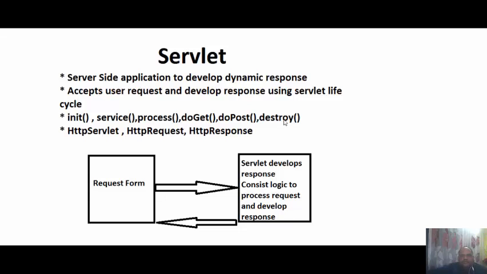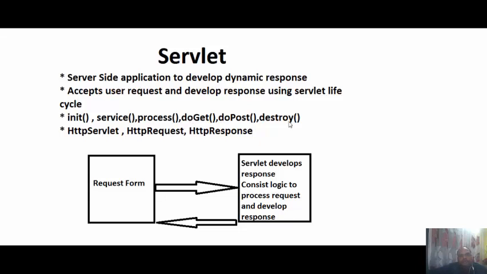And destroy means the servlet stops functioning, it ends its life cycle on the web server. So once the servlet gets started on the web server, it has to go through these various phases like init, service, process, doGet, doPost and destroy.